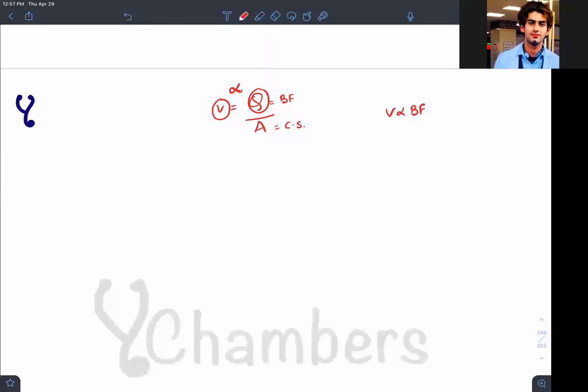And it is inversely proportional to cross-sectional area. When I say directly proportional, it means if I increase one thing, this side will also increase. That is the concept. And if something is inversely proportional, it means if I increase something on one side, the other side will decrease, and if I decrease it, the other will increase.